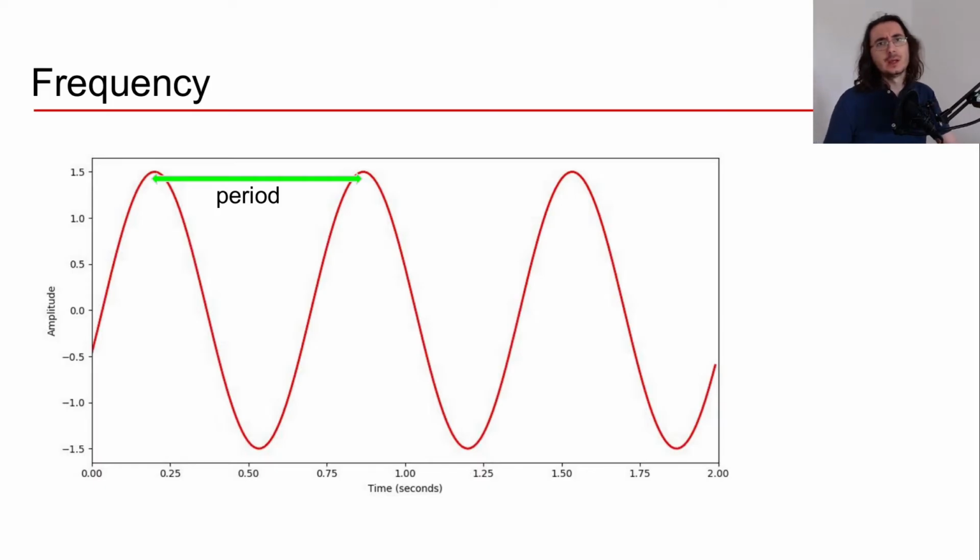Okay, so frequency is connected with the idea of period. The period is very simple to understand as a concept, right? It's just the amount of time that we need to elapse before having two peaks or, for example, two dips, right? Okay, so this is the period. Now, the frequency is just the inverse of the period, where we've indicated period with capital T here. And frequency is expressed in hertz, which is the number of cycles per second.